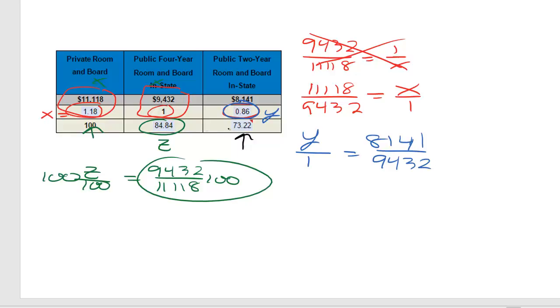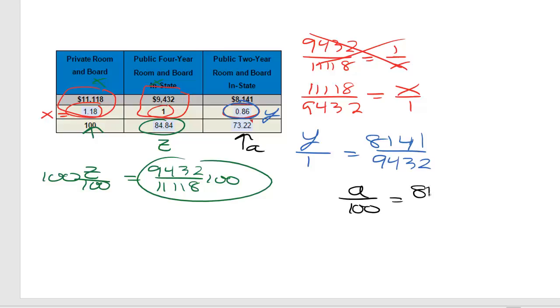So instead of setting up the ratio with these two columns, you want to go back to this one with 100. We'll say this is A. We're looking for A. So we're going to say A over 8141 is going to be, sorry, what am I doing? A over 100